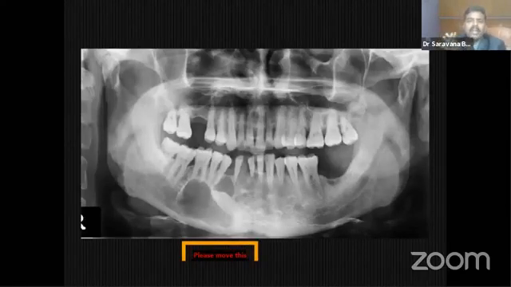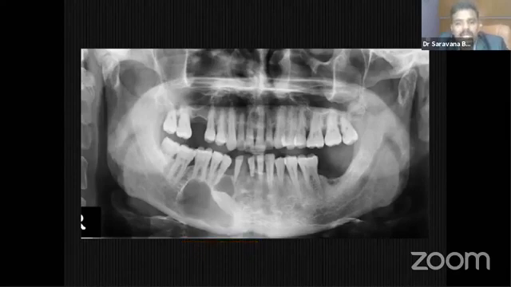Okay. Again, this is another case. I have put a few pictures to get you oriented to the field of diagnosis. It is not a CBCT lecture. CBCT lectures can be taken by CBCT technicians, radiographers, or company persons. This is the lecture of the oral and maxillofacial radiologist. You should know the importance of radiographic diagnosis, whether it is IOPA, OPG, CBCT or CT, your diagnostic talent is important.